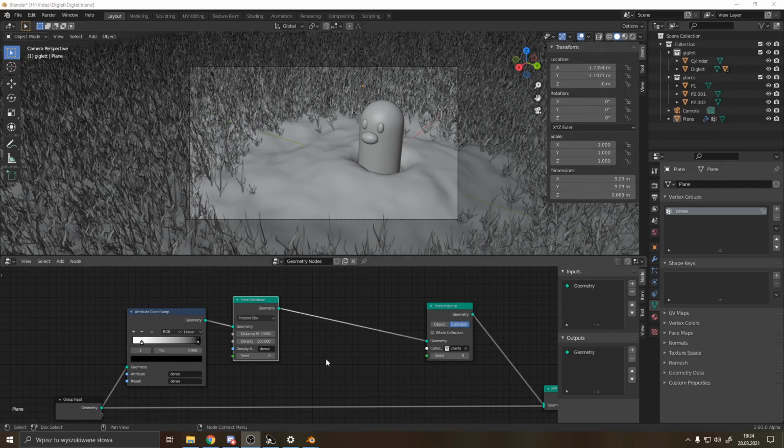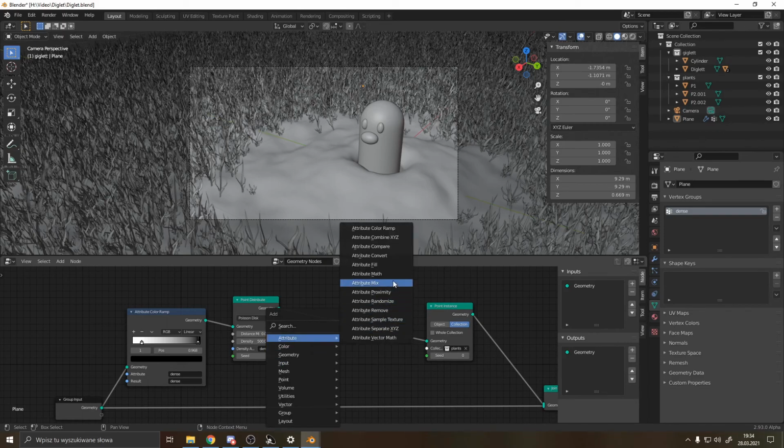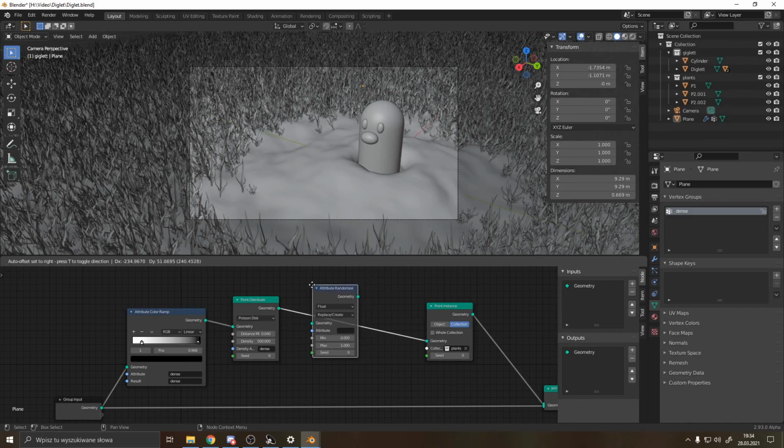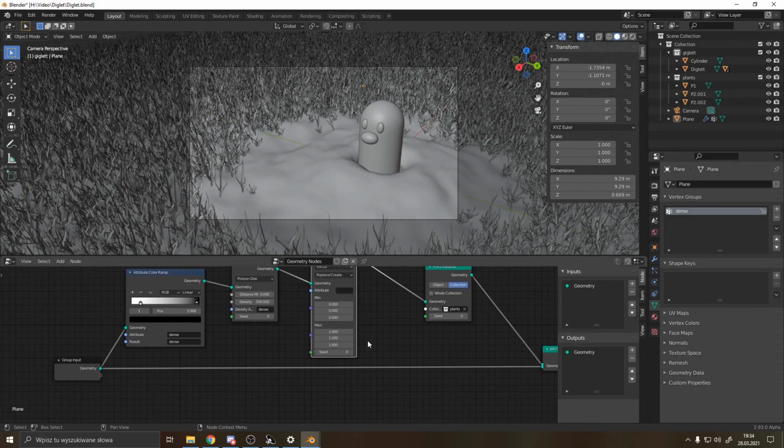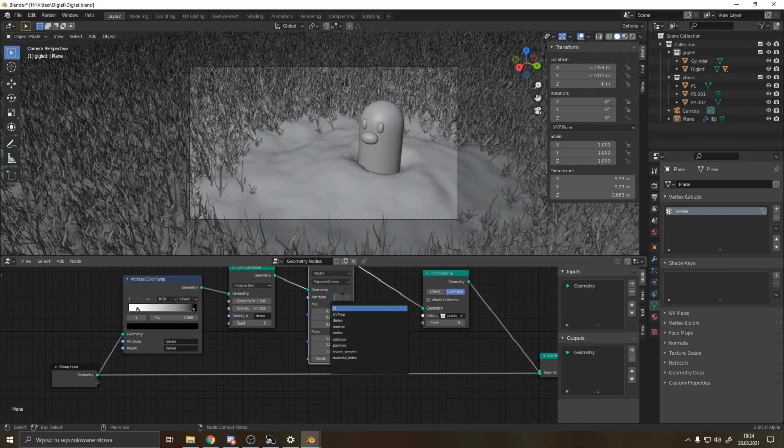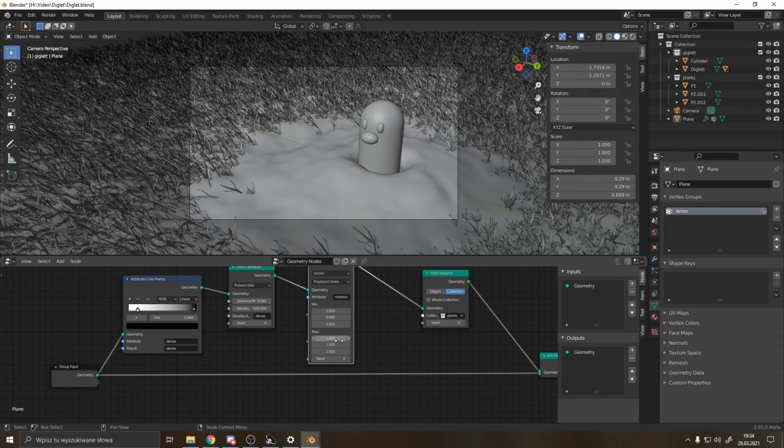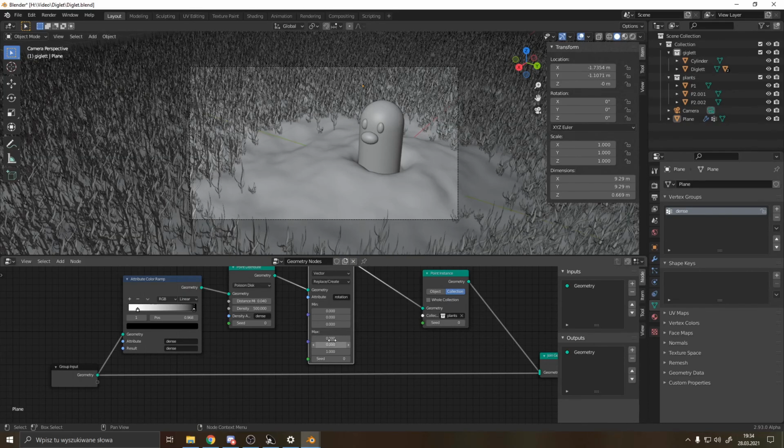So we'll use Shift A and then attribute randomize by a vector, and we will want to randomize rotation to only Z. So 0 and 0 and that's Z, and we'll rotate it from 1/10 to